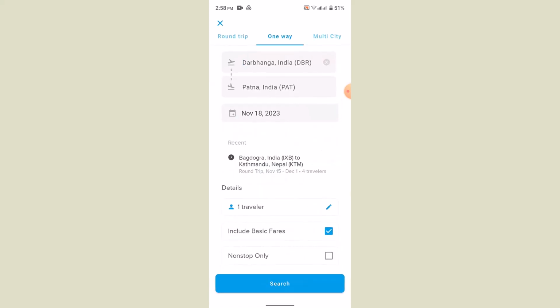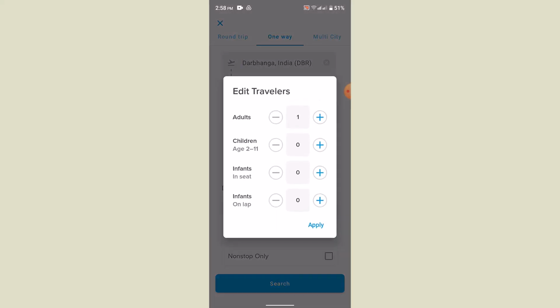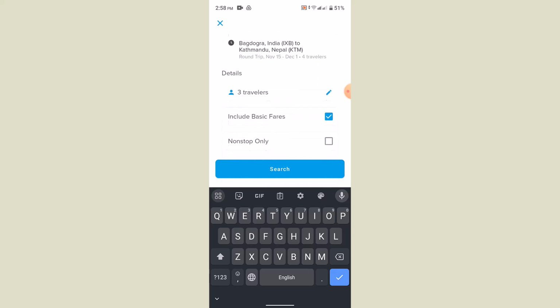Once done, you'll need to scroll down a bit and go to details. After that you need to enter in the details of the traveler. If you are only one person, just type in one, and if you have many, then tap on the pencil shape icon and just go ahead and tap on the plus icon in order to increase the members. Accordingly, tap on the apply button, scroll down a bit, go to include basic fares and all that, and click